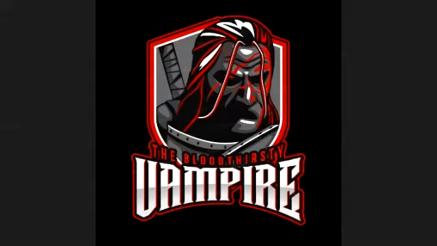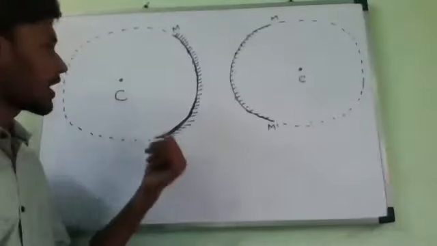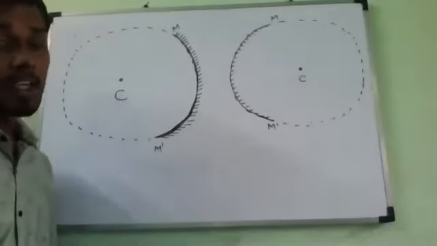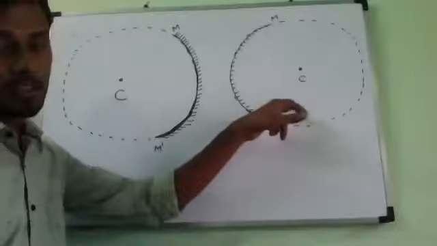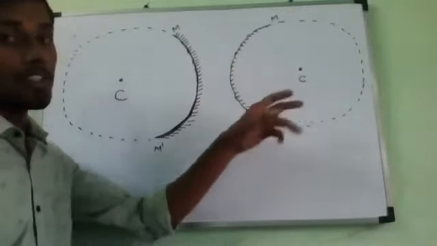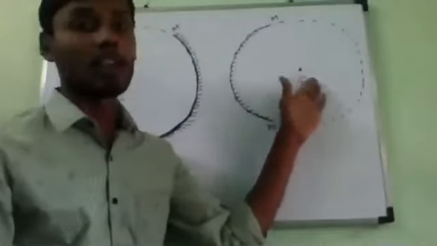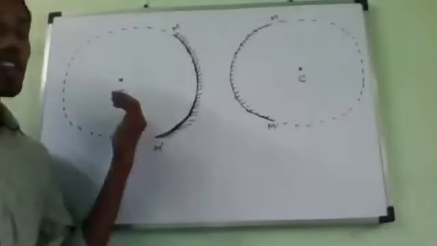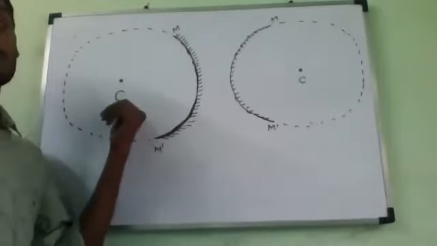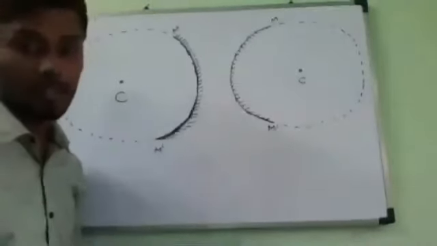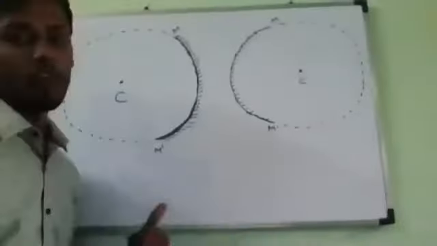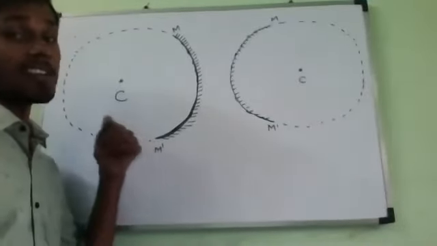Yes, sir. See, from the same hollow sphere I can cut both a convex and a concave mirror. It is not wrong. But why I am drawing it here, you may imagine. For this one we have a virtual focus, which you will understand in future. Next, I will teach you that this has a virtual focus; that is why it is at the back of the mirror. But here you see, this is a real focus; that is why it is in front of the mirror. That is why we are drawing like this. In future we will study that. So this is the first thing: the first definition which we should learn is the center of curvature.